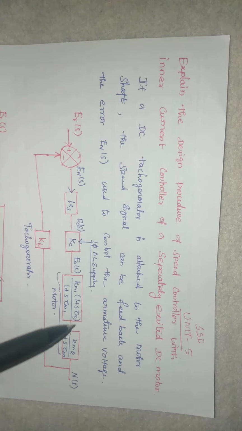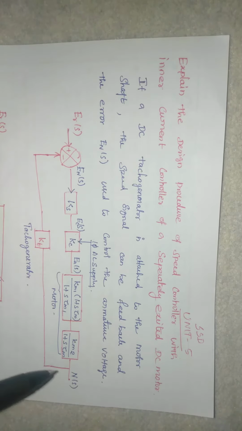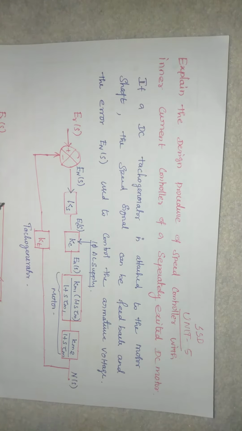So here I have a speed sensing unit, a tacho generator, which acts as a feedback collector, and which collects the actual speed from the machine and gives it to the comparator. Then the comparator will produce an error signal. Based on that, the armature voltage is getting controlled. If the armature voltage is controlled, automatically the speed is controlled. Our ultimate aim is to control the armature voltage. How is the armature voltage controlled? Based on that error signal. How is the error signal produced? Based on the comparison between the reference signal and the actual signal. This is the flow of our block diagram.